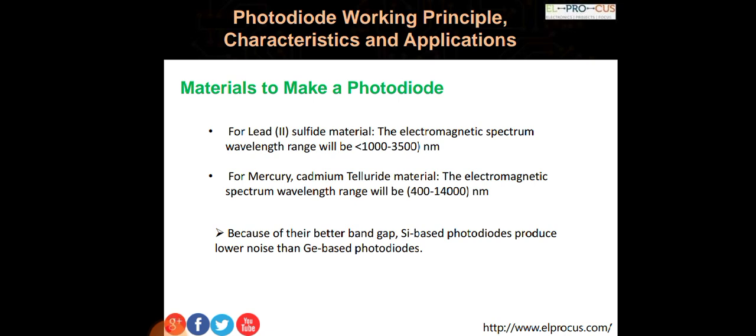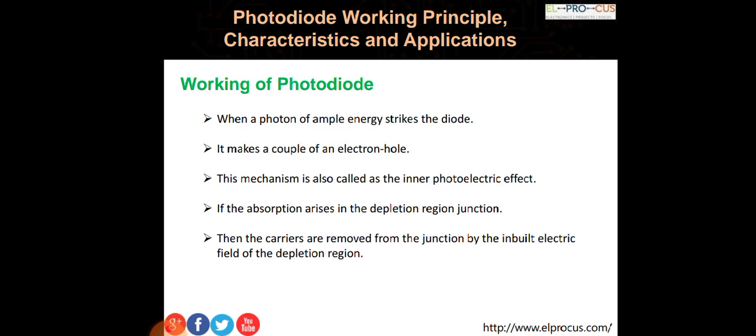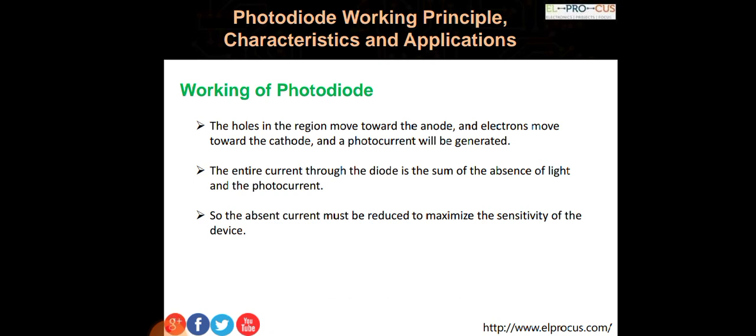The depletion region exists in the junction. When light falls on the junction, the ions absorb the energy of photons, meaning light particles, and generate electron hole pairs. These electron hole pairs are attracted by opposite layers, and current starts flowing through the photodiode with increase in light. With increase in light, more electron hole pairs are generated, which results in increase in photocurrent, right? So this is the working of a photodiode.